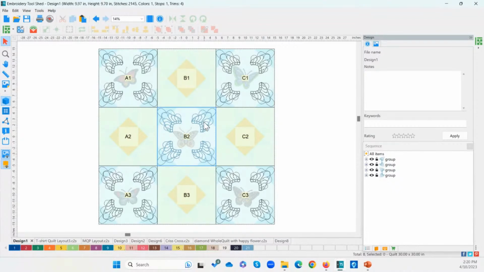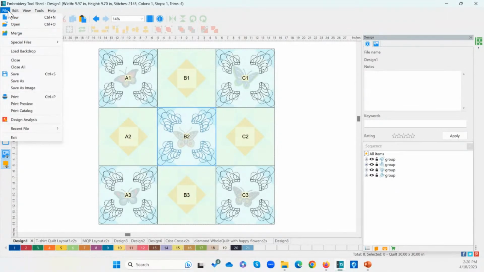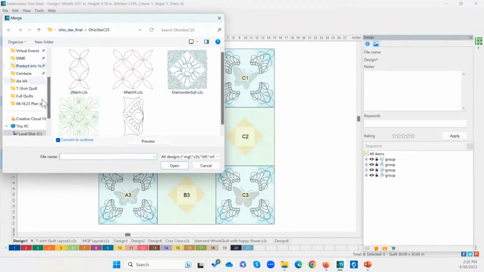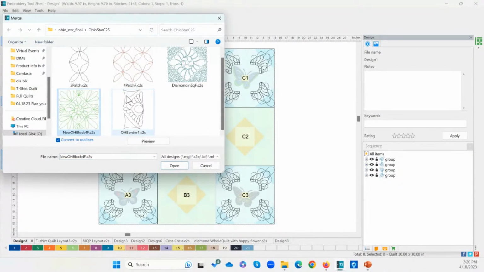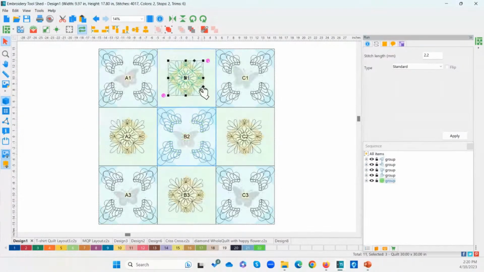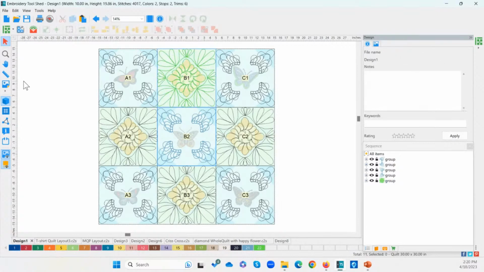And I'm going to show you what I mean by grouping these together. But let's put one more design here. So I'm going to go back, well, actually, let's import a design. In case somebody didn't watch last week, you can import designs that are outside of the software. So I'm going to do a file and merge. And so this will be a refresher from last week. You will locate the embroidery design on your computer. And so this is one that I'll just use here. And then it comes into the center. So you want to move it to the block. And then in this case here, I'm going to click to fill the cell and it'll make it the size of my whole block there.